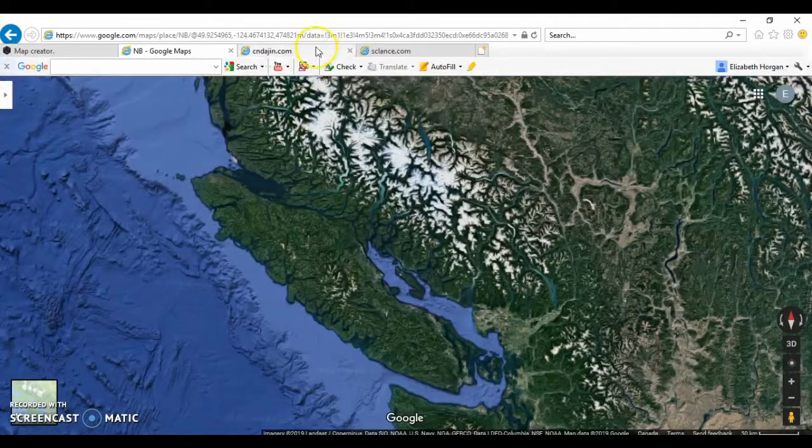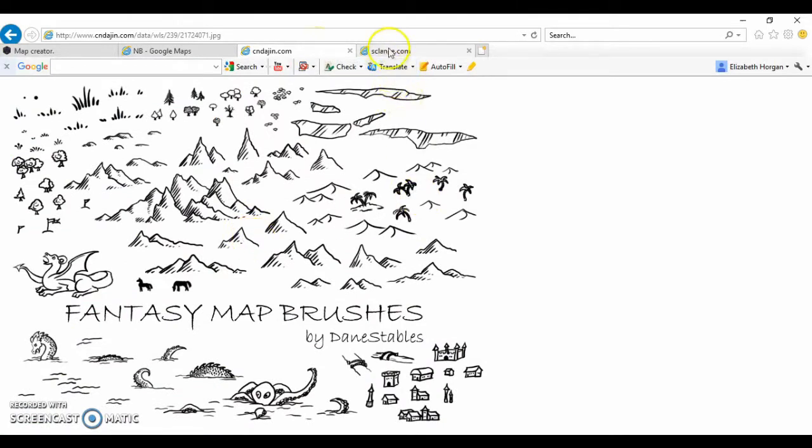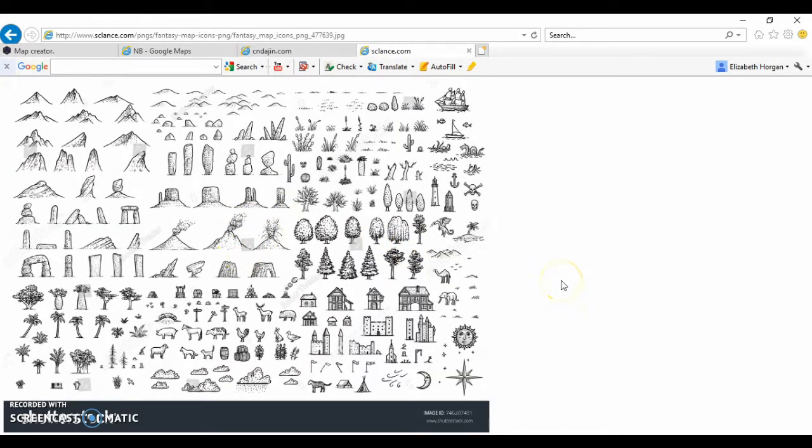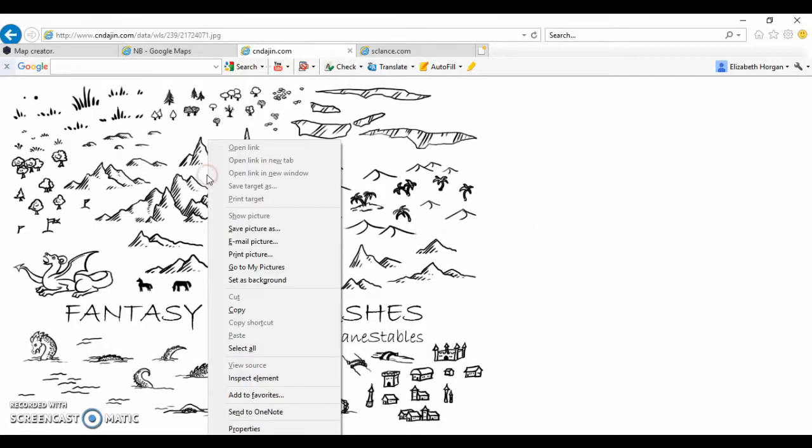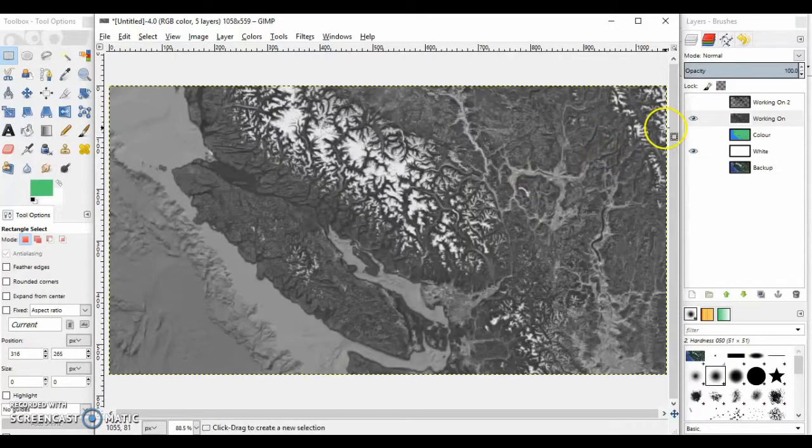One thing that I like to do is use different map pieces. Now, if you're going to use this for your actual novel, make sure that you get one that is fair for free use, no copyright, stuff like that. These ones, I just had them saved on my computer, so I can't remember, but you can always look into them. When you're looking for them, I always type in fantasy map icons. Make sure you add fantasy, even if it's not quite a fantasy story, because if you just type in map options, or map icons, I mean, it's going to be like hospital signs and museums, and you know what that means. So, okay, copy, move back in here,